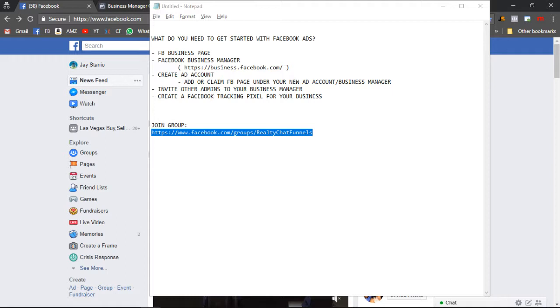But let's get started. So, what do you need to get started with Facebook ads? First off, you'll need a Facebook page. You'll need a Facebook business manager. And after you create your business manager, you'll need to create an ad account. Right after you create your ad account, you'll have to go ahead and claim that Facebook page that you created. And then just go ahead and invite admins that are going to be working with you, and then they can access the business manager that you'll be creating today. And then once you have that done, you can go ahead and create your Facebook tracking pixel for your business. So this process is pretty simple,